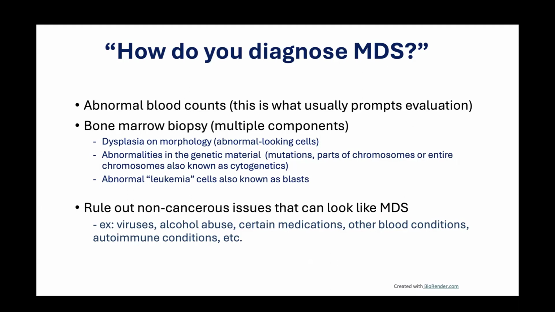And then, of course, we have certain tests that can help us with ruling out other reasons that you might have these abnormalities. But then beyond blood counts, a bone marrow biopsy is a pivotal part of our workup at this point because it gives us many different pieces of information that are important both for your prognosis, or how long will I live or how long will I feel good, but then also in terms of treatment.